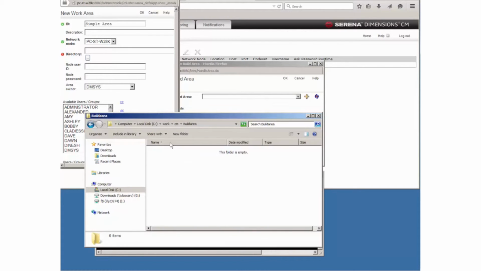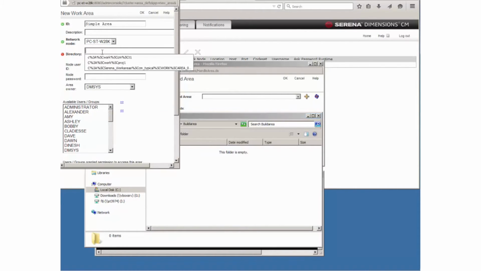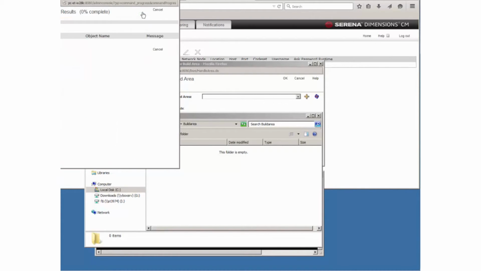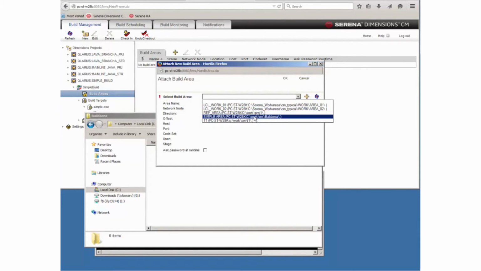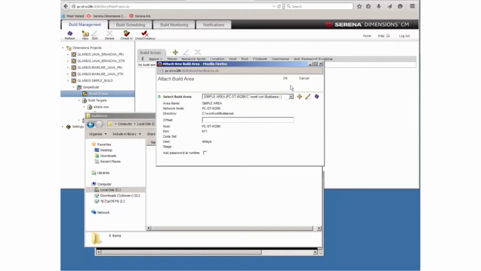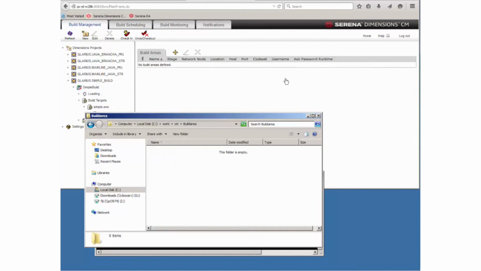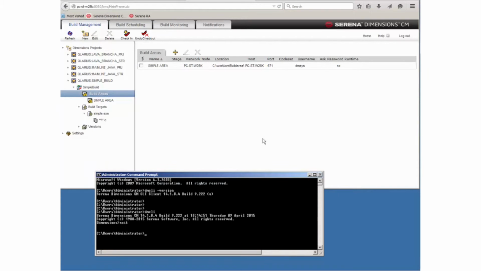I'll just call this build area for the sake of simplicity. And here I need to specify the ID of the user that's going to be able to read and write into that area. We'll just click on OK. And that area is now going to be assigned. So click on OK. So the area now exists